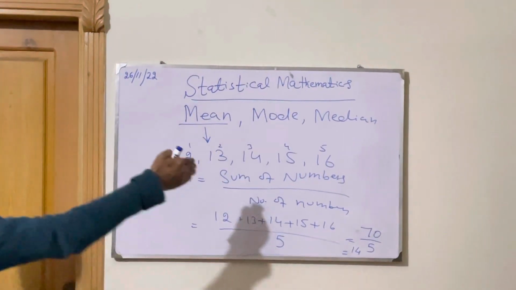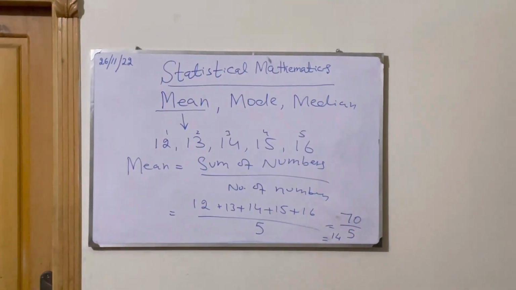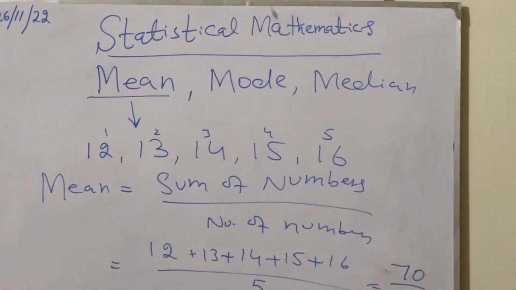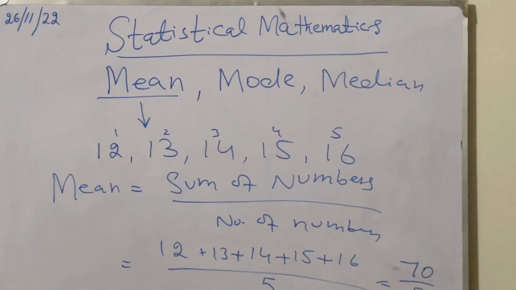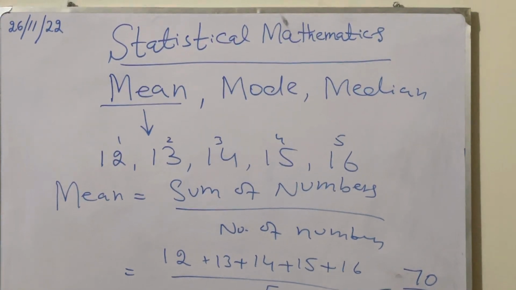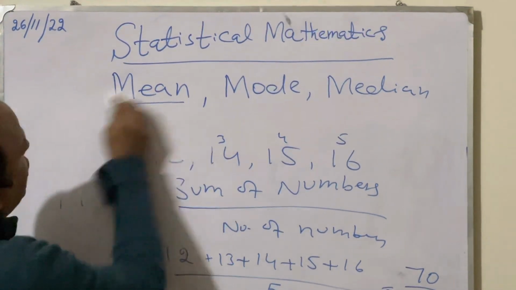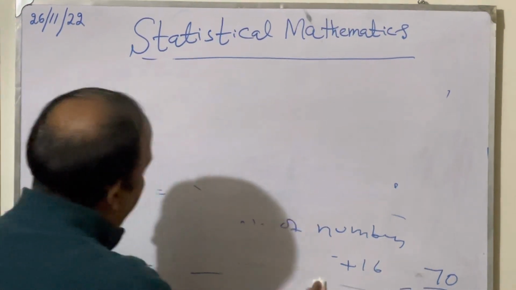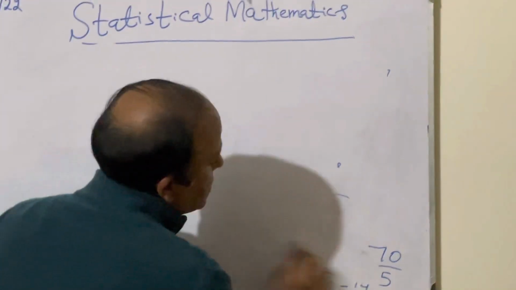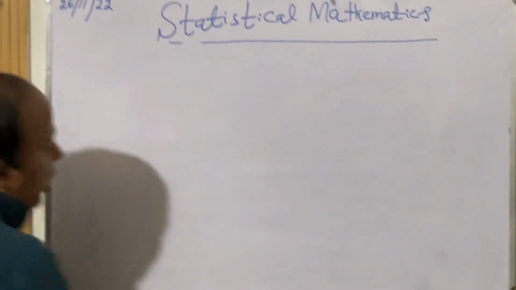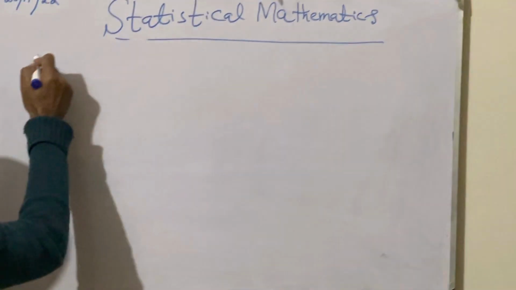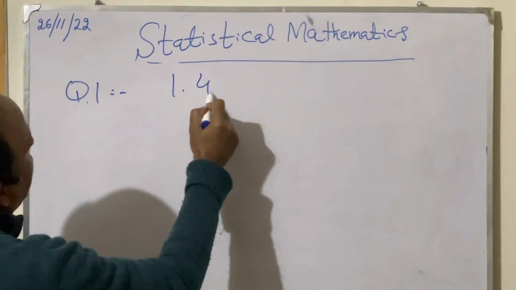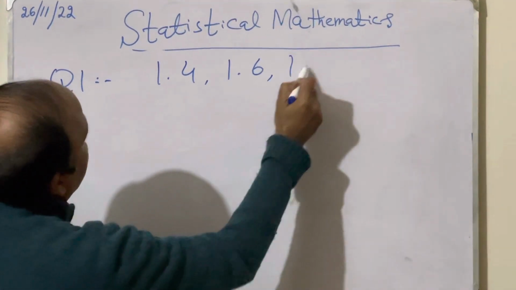But sometimes we look at these things and try to figure out how to calculate them without even writing them out, because it's all about practice, you know. So let's do another question of mean. Here I'm going to change the numbers and let's see how it will unfold right in front of you. Let's say there's a question in which we have numbers like this: 1.4, 1.6, 1.8,